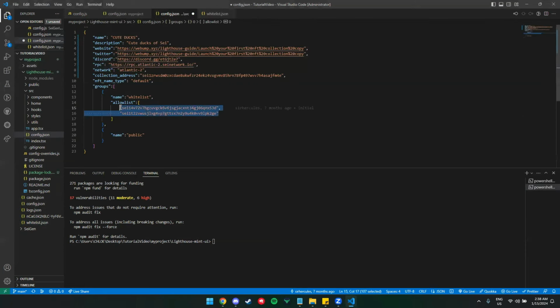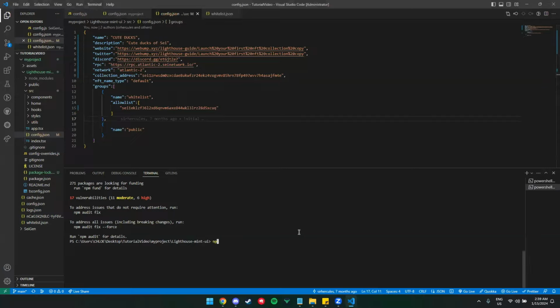Since I only have one, I'll just put one. And for the public, they can mint. There's no restriction. So save that. After doing that, you can start the Launchpad. npm start.